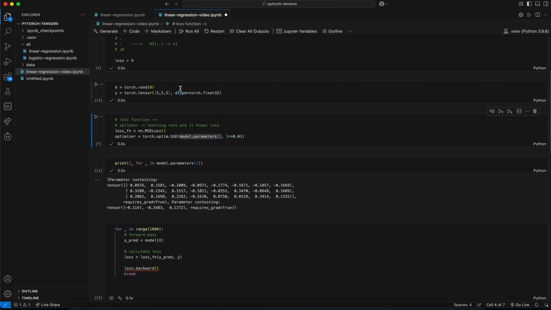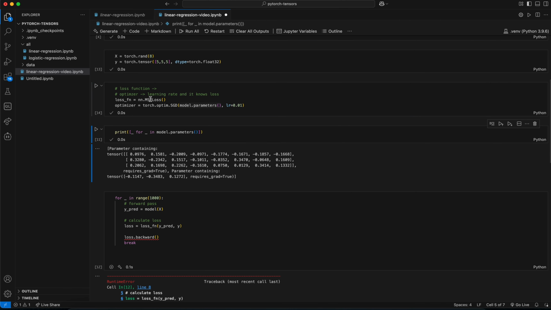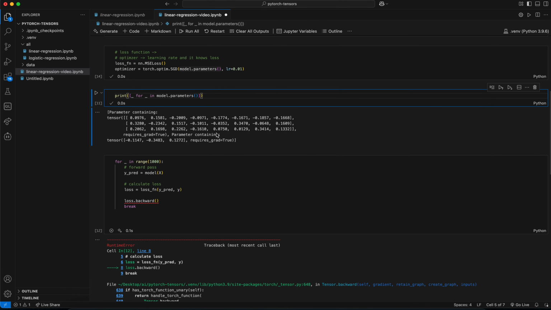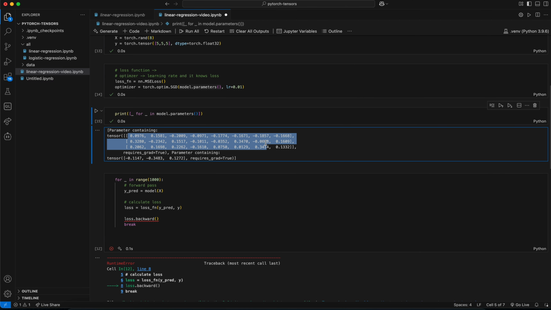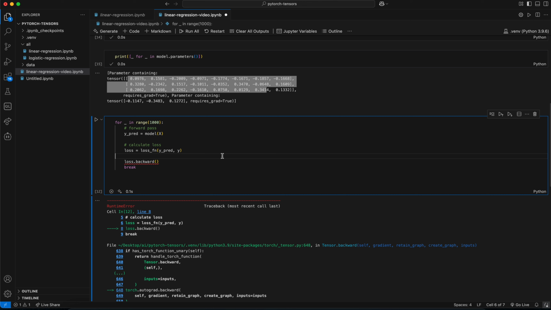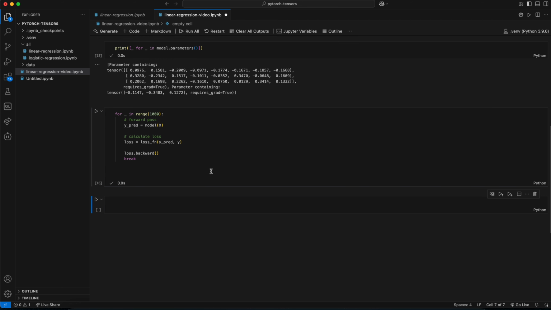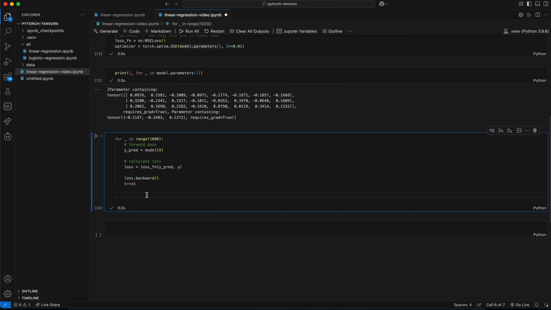So we reinitialize our x's and y's, we reinitialize our loss function, we print the weights of the model again. Now if I print the loss again, so it's still 25, which is